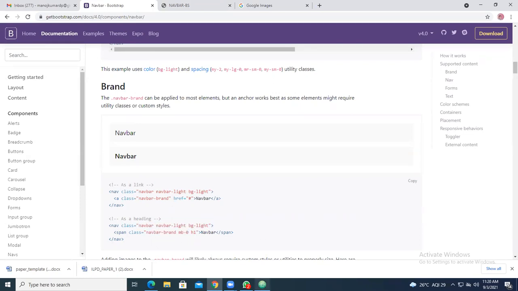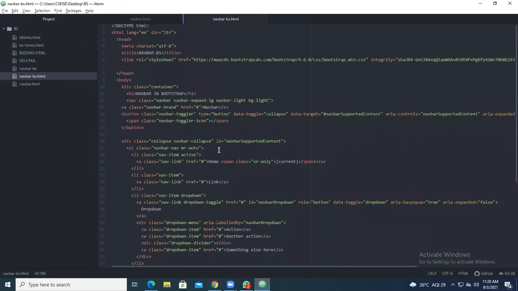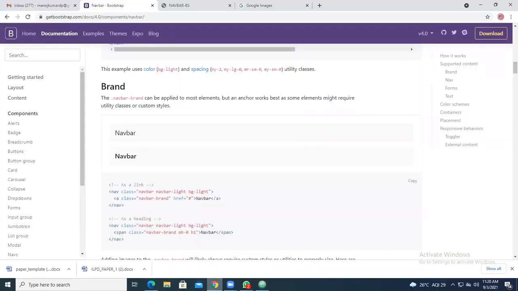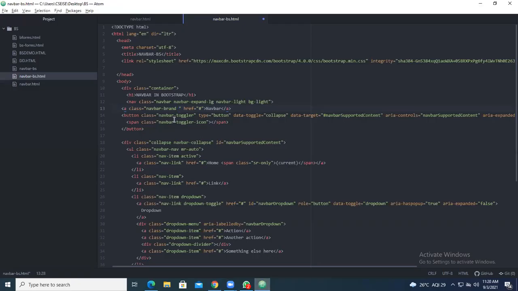If you want it as a heading, where is our navbar? Kindly search for the word navbar. So here is our navbar. Okay, the class is taken: background, navbar expand large, background light. Inside this navbar brand, you give something called this one. Copy it after the navbar brand, add this particular thing, Control V. That means it is taken as H1. What is H1? H1 stands for heading.